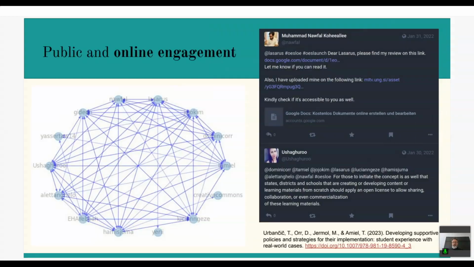Within the course, we do this in an interesting way. I'll try to share this with you here. A lot of times we do this through public engagement. Because we're talking about policy, and about strategies in a wide and participatory sense, we want students to be able to engage with the outer world. And so we do that in Mastodon. Before Twitter wasn't popular, we were already trying to show them that free and open source software is essential to the open education movement, but also that public engagement and being leaders in the field demands that they engage outside. This opens them to the possibility of getting other people involved in the discussion.